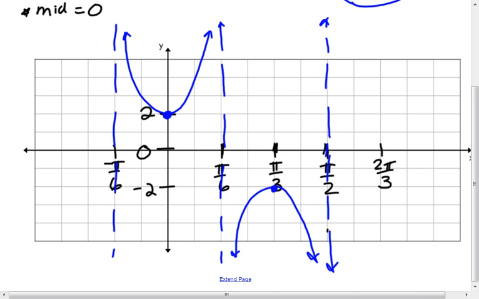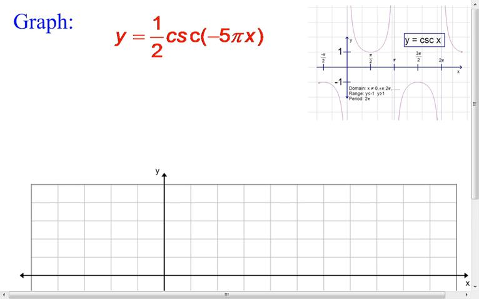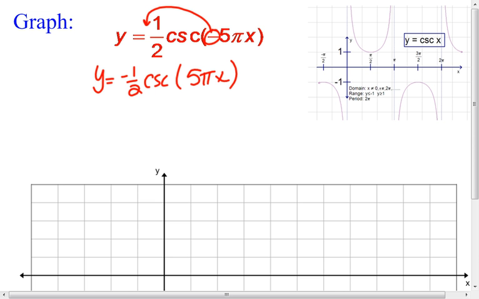And then I'll just whip out a cosecant one really quickly, just because I want you to see that this one is flipped and what it looks like. So very quickly, I'll take this negative. Cosecant is an odd function, so the negative will come out in front right here. And so your equation will look like this. Okay, which means because of the negative now out in front, it is flipped. It does have an amplitude of 1/2, which just tells you where it bottoms and tops out in respect to the midline. I have a +0